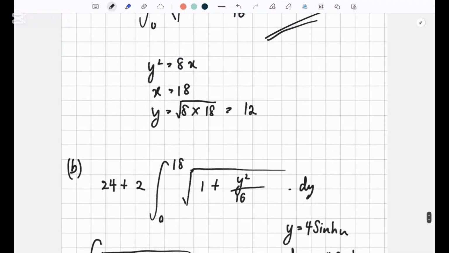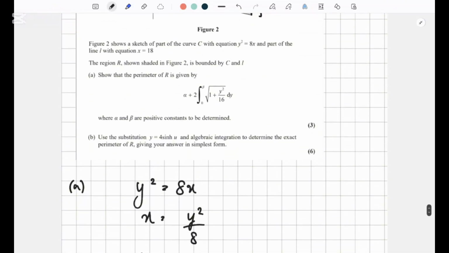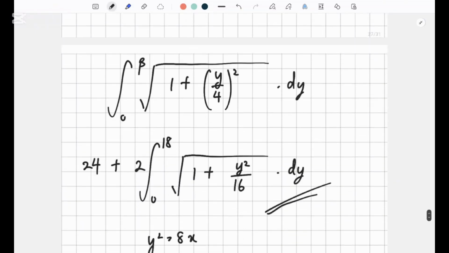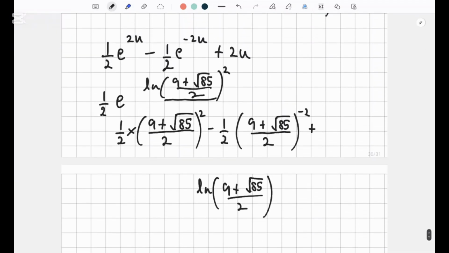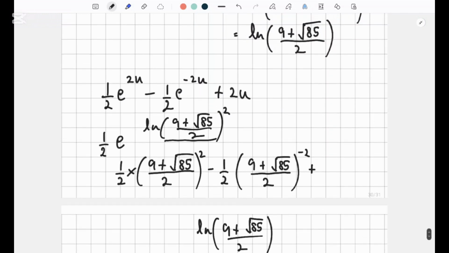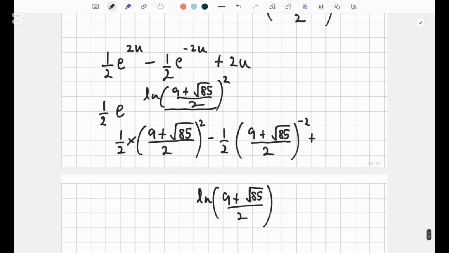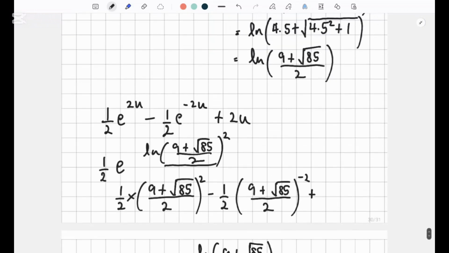So what did they ask in the question? Let me see again. Give your answer in the simplest form. This looks pretty long to me. So, without doing it like this, you could do it like this if you like, but